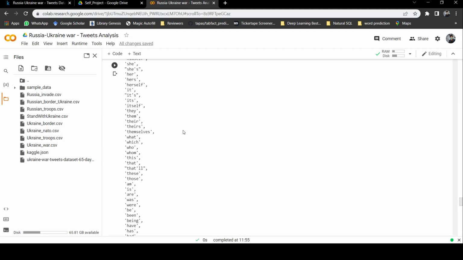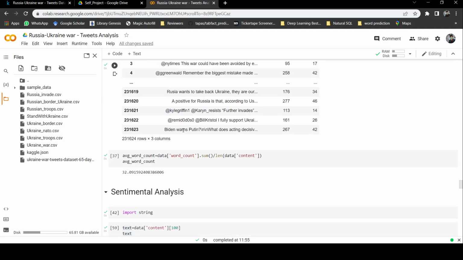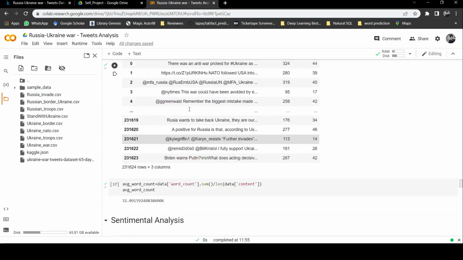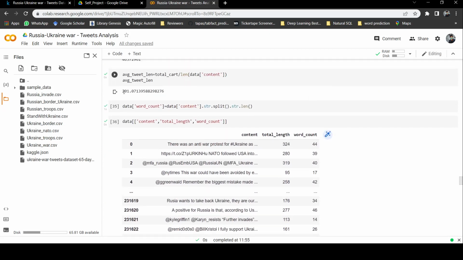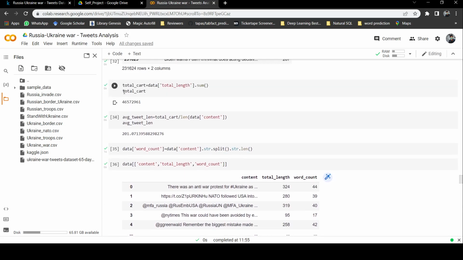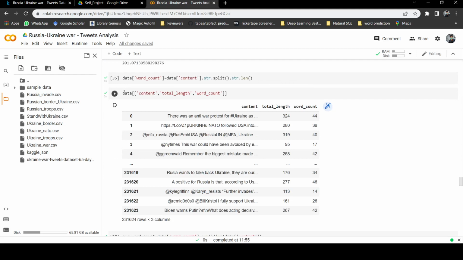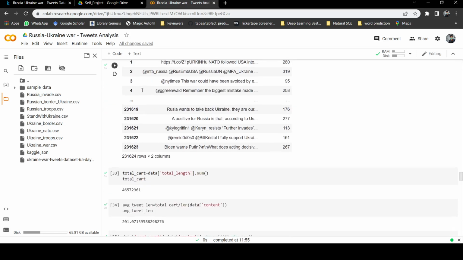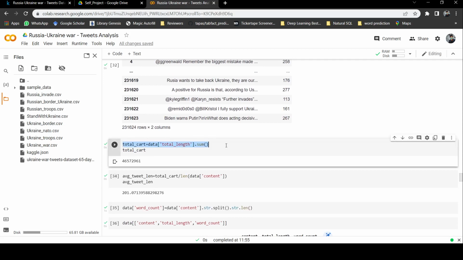If you just go above, you have seen that the average word count for each tweet is 32 for the non-clean text, and the average length for the non-clean text is 201. Now the same thing we will apply here, and let's see what the average length and average word count are. It will be better if you just copy that thing. So let's copy it. Total sum